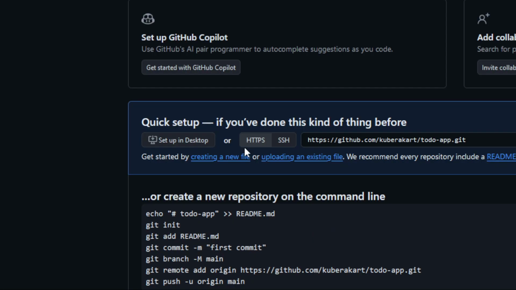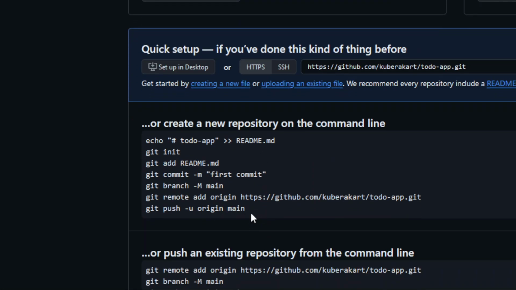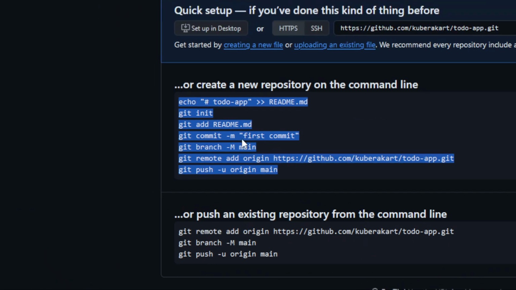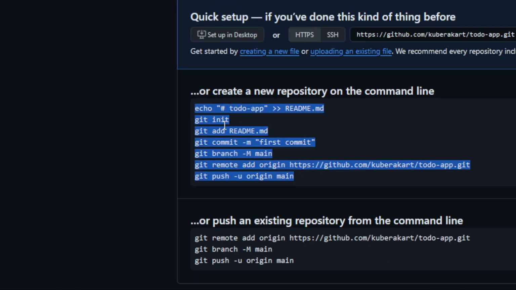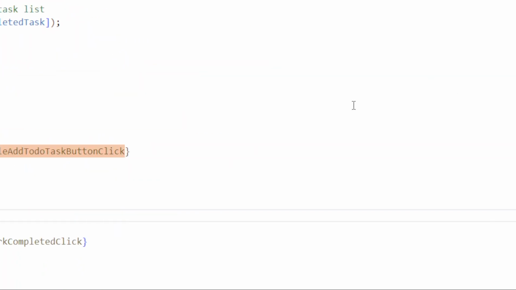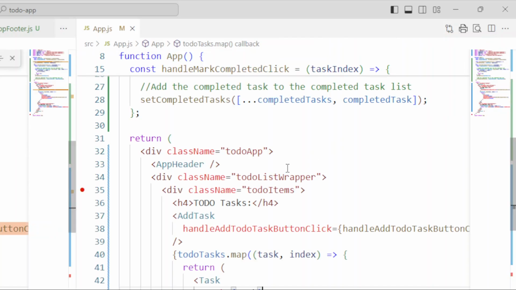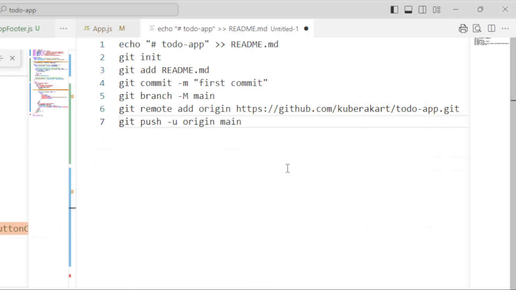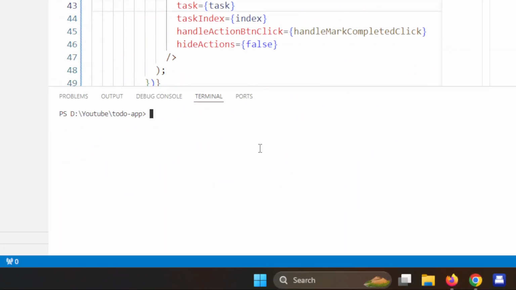Once you click on the create repository button, you will see certain instructions given here. We'll follow these instructions to push our code to GitHub. So let's copy these instructions from here and go to our VS Code. I will split it in two parts, do Control N and paste the steps. Once you have the steps available here, you can go to the terminal and start with the first step. So let's do